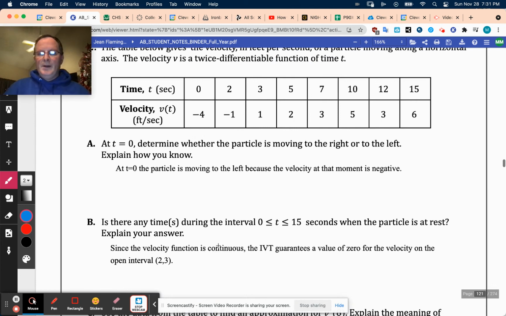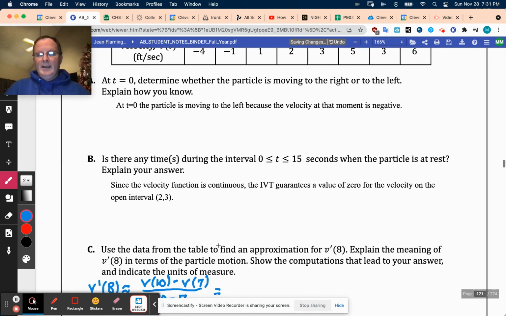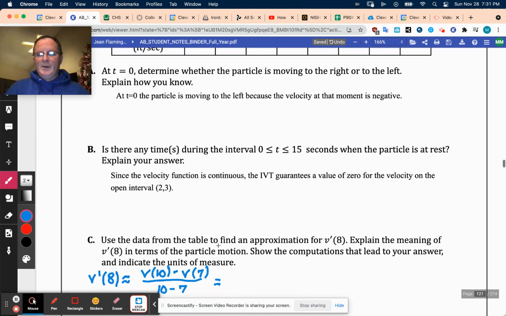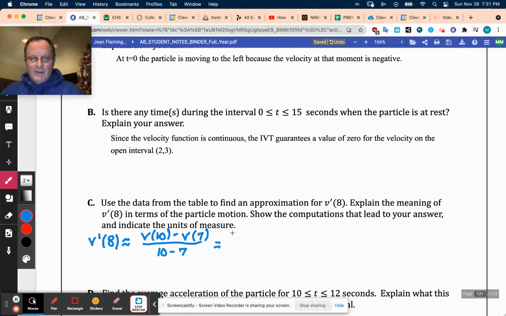V of 10 was 5 and V of 7 was 3. So I got 5 minus 3 on top, and on the bottom, I have 10 minus 7, which is 3. So this is going to be 2